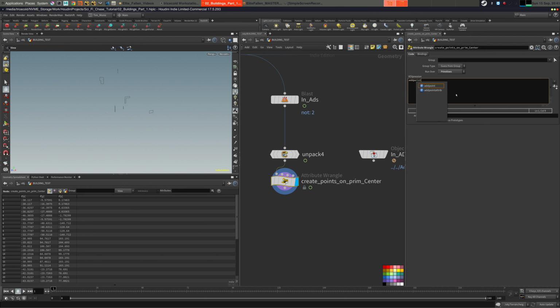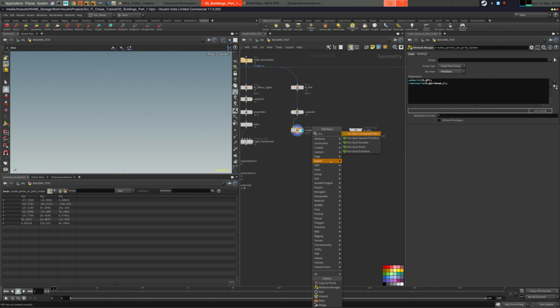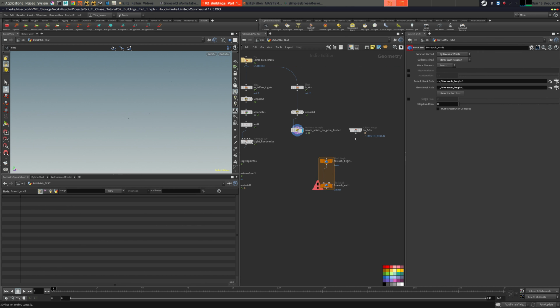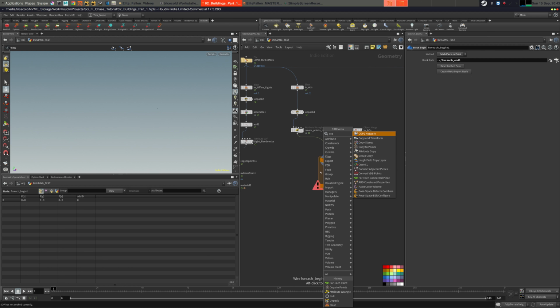So a simple copy to points should do the trick. I don't think we need the loop here since the amount is quite little. But actually we need to use the IDs, right? Yes, so we want it to be random, so let's do it properly. Okay, so let's create a for each loop. For each point actually, I want to bring in all of my points, copy to points,